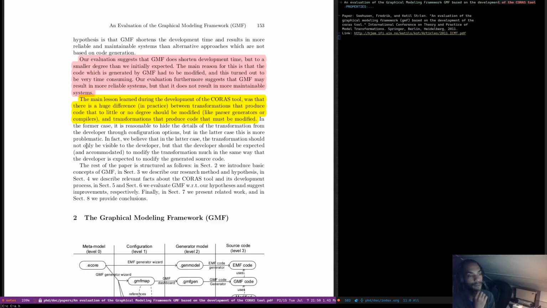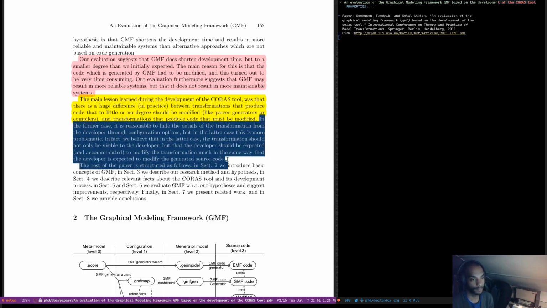In fact, we believe that in the latter case, the transformation should not only be visible to the developer, but that the developer should be expected and accommodated to modify the transformation, much in the same way that the developer is expected to modify the generated source code. We are highlighting pretty much everything here, but